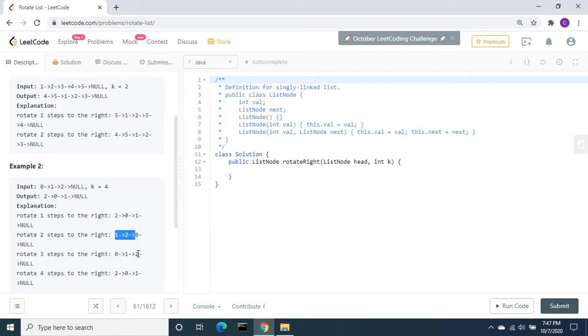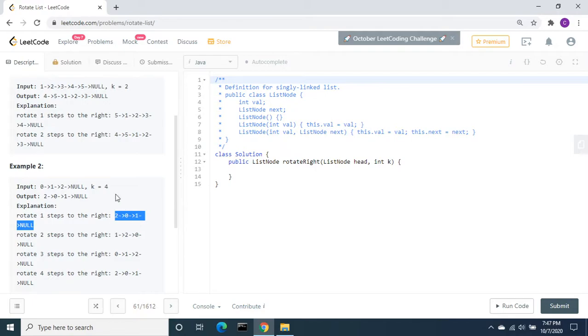The next time 0 goes first... then from here if we rotate, the result is going to be 2, 0, 1 and then null.